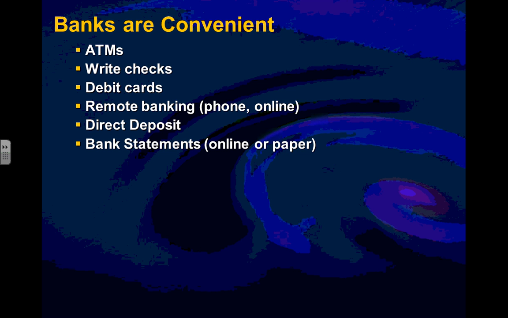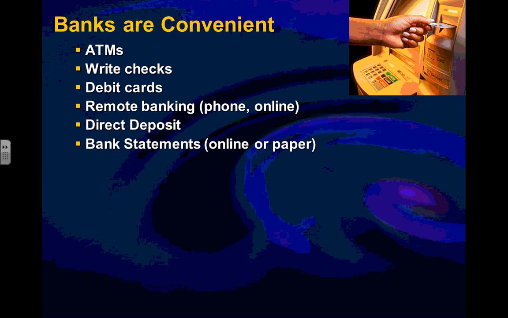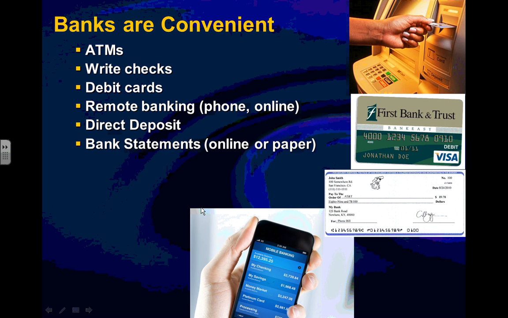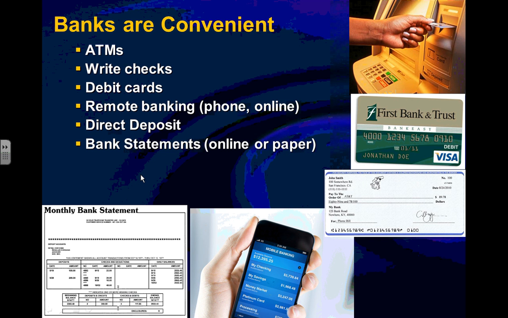Okay. Banks are convenient, obviously. They give you ATMs to put money in and take money out. They'll let you write checks. They'll let you use these debit cards. And of course, you can do remote banking through your phone or through a computer using online transactions. You don't even have to get a paycheck, actually. You can have your paycheck direct deposited into your bank account, so you don't have to go cash it or deposit it or run to the ATM every payday. Of course, you can track your transactions and your debits and credits on your bank statement. You can do this either on paper through the US mail or online, and more people are going online. So the banks provide tremendous convenience for you using your money.